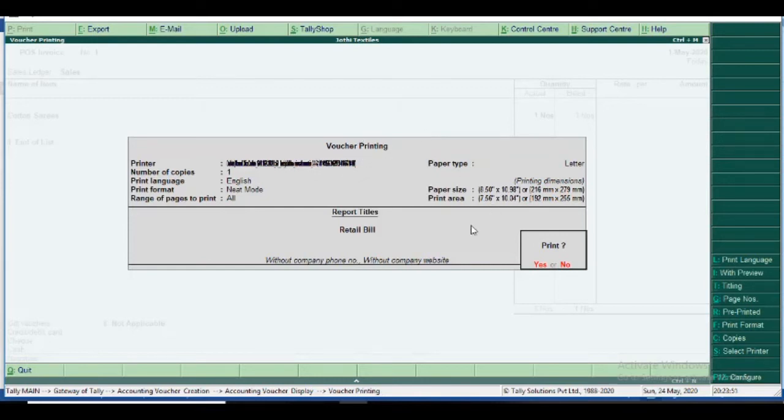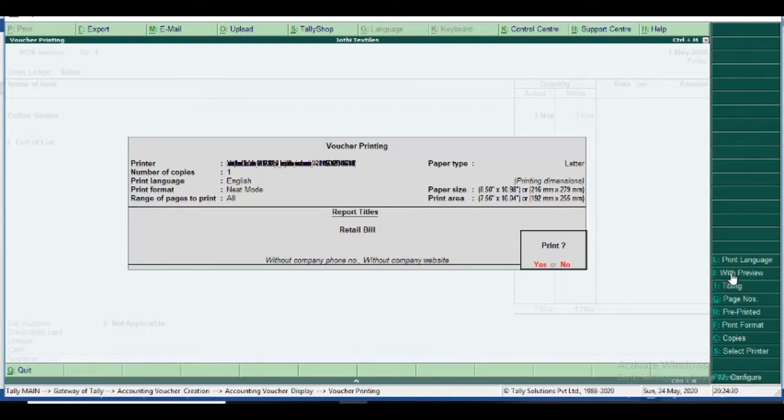Voucher printing automatically comes if your system is connected with a printer. You press print, but we do not have a printing machine, but we want to see the bill. So the option on the voucher printing screen, with print preview, Alt plus I is the shortcut key. Please note it.